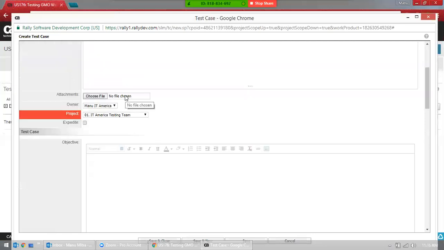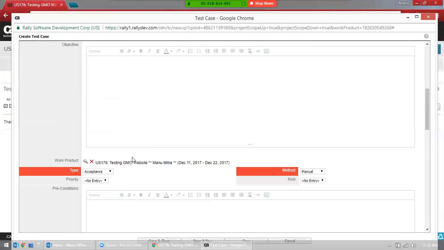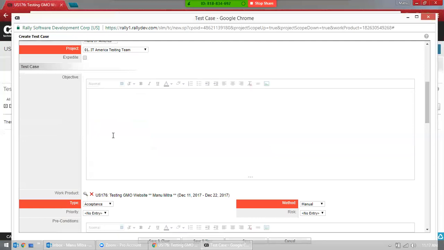If you have attachments, you won't really have this attachment here, but if you have any, you have to put it here. And the owner of the test case is always a QA, not a developer. And the project, which project you're working on, make sure you put the right project. Expedite, if you want to expedite, you can click on this, but really we don't need to expedite unless it's a production issue or something. It's normal. And the objective here is to test